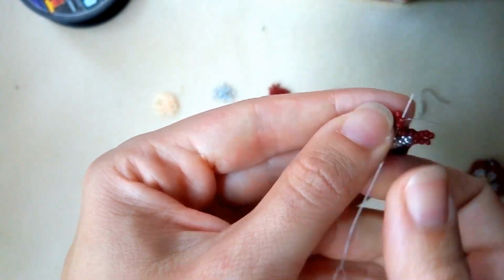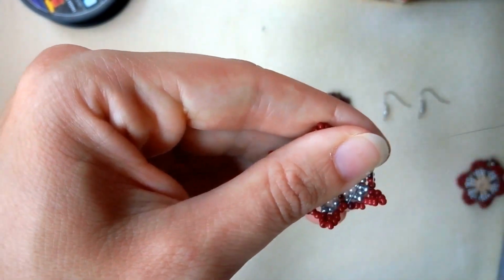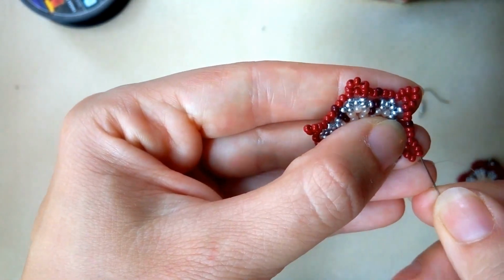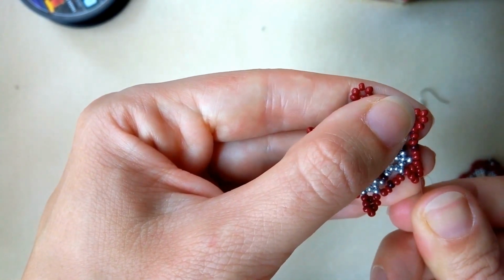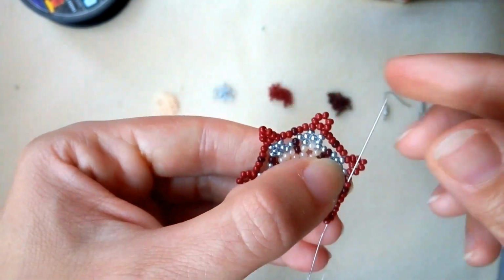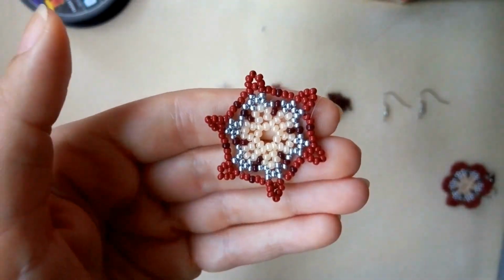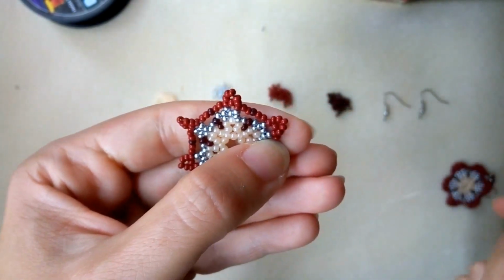Okay, and what I want to do is that I want to reach my next dark like this, and I will go further 1 bead after it. Okay, so now I repositioned my thread where I want it to be,